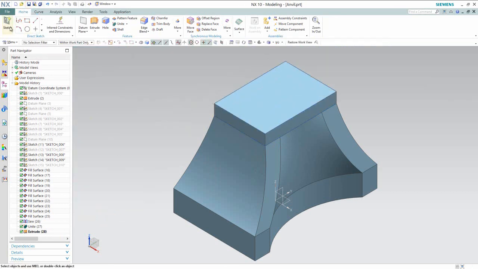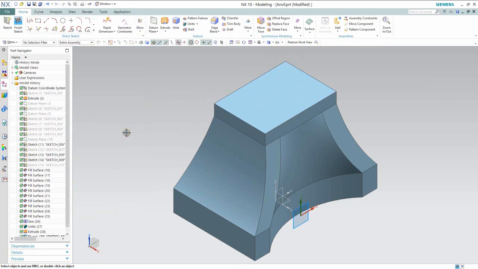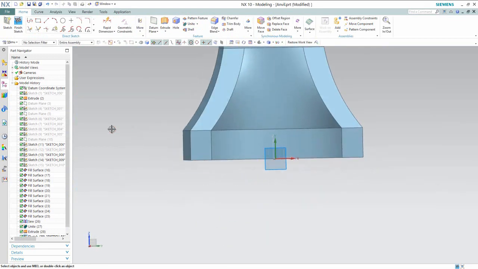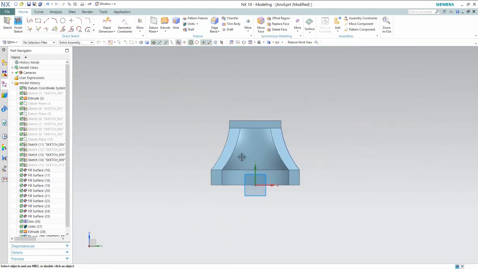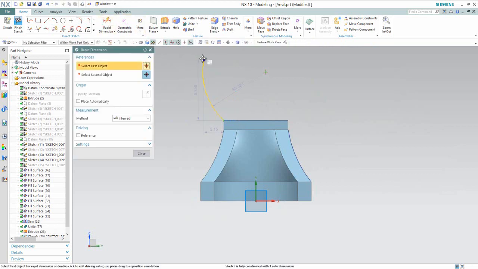Create another new sketch on this face. Activate the arc tool and start the arc from this point. And apply the dimension on these two points and set the value 5.5 inches.